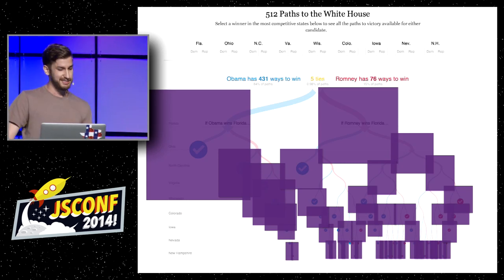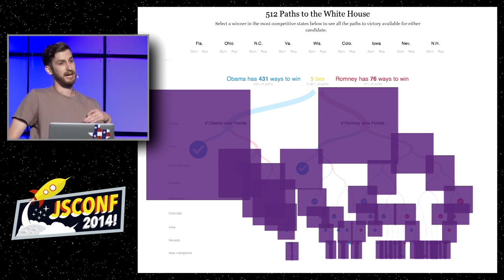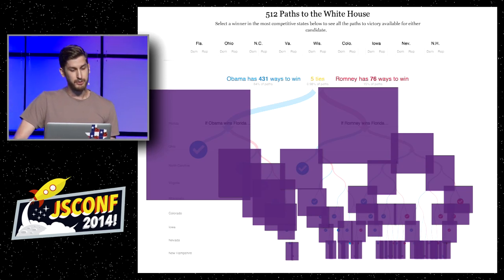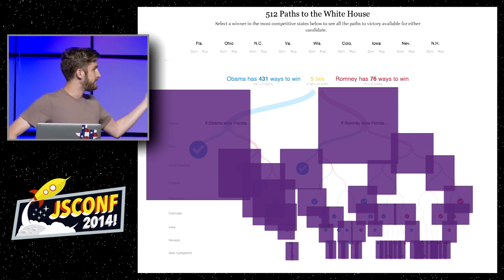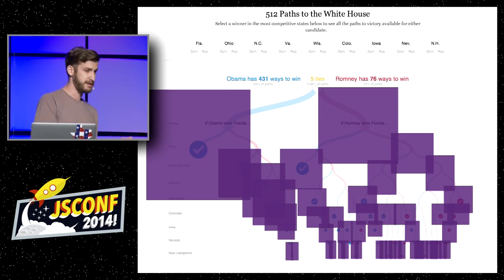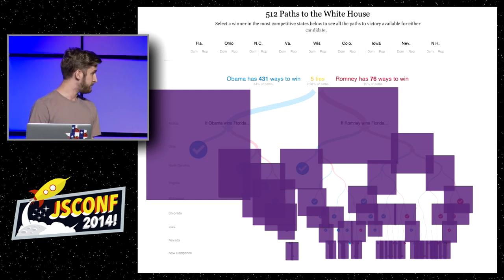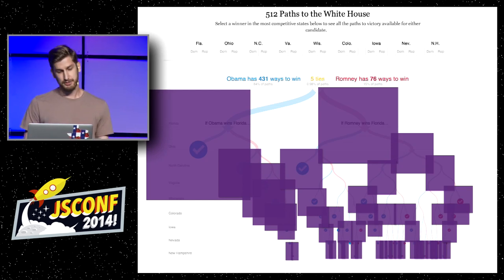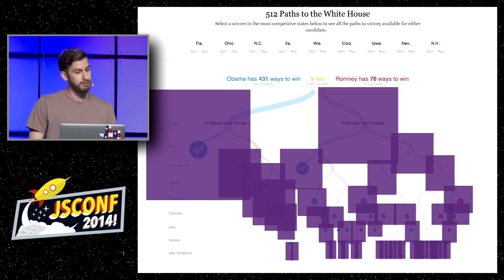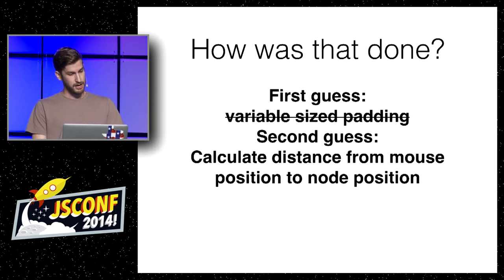But we're also potentially introducing a bug, and that is if we're not careful with that node radius times 5 or whatever formula you use, we could start completely covering the hit state of our neighboring elements. And you could go back and tweak things, and you could add in some sort of z-indexing functionality to keep things on top of each other. But it gets a little bit hairy. I decided that's probably not what the New York Times did, so I moved on to another guess, which is